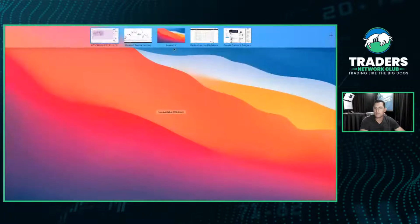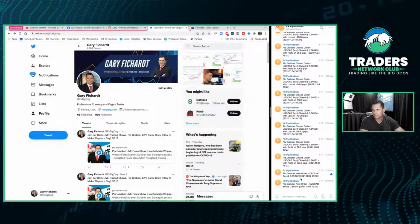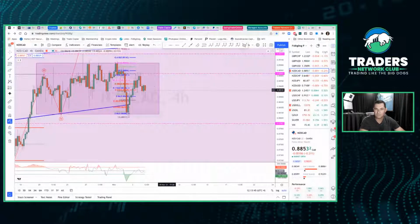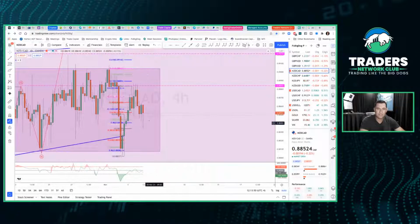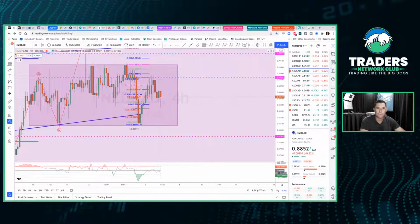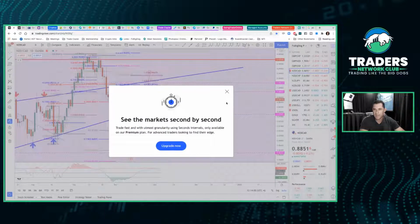And what did we get on the Pip Grabber? Did we get a trade on the Pip Grabber? Let's take a look here. We actually got a sell on the Pip Grabber, and that was at 88.57. Man, I tell you this much, I didn't see that coming. I wasn't comfortable with going ahead. I'm actually going to do this. I'm actually going to go ahead and do a counter trade, possibly a counter trade against...